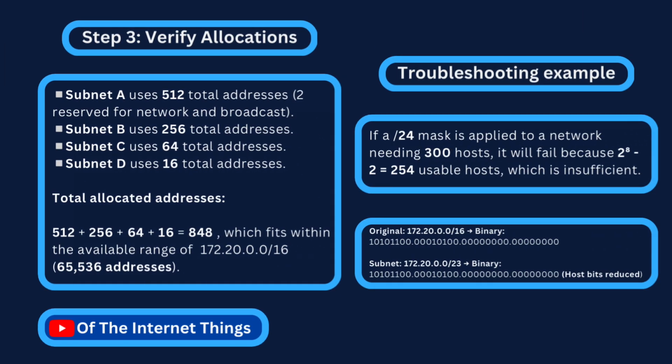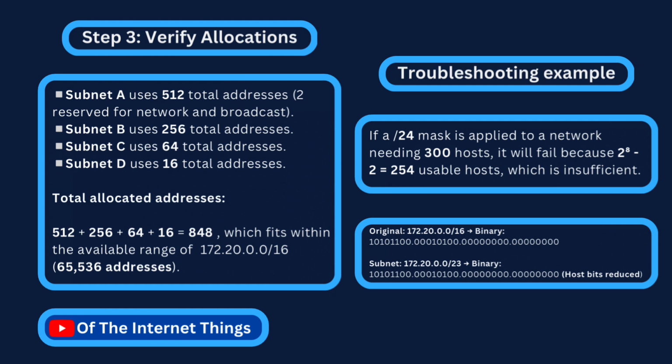Step 3. Verify allocations. Subnet A uses 512 total addresses, 2 reserved for network and broadcast. Subnet B uses 256 total addresses. Subnet C uses 64 total addresses. Subnet D uses 16 total addresses. Total allocated addresses: 512 plus 256 plus 64 plus 16 equals 848, which fits within the available range of 172.20.0.0/16,